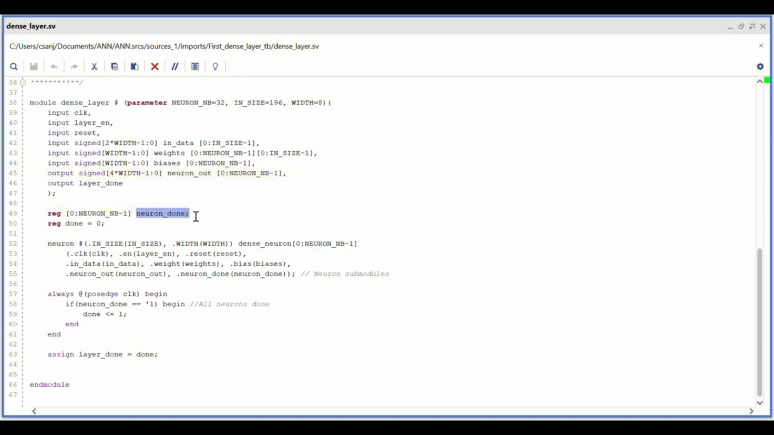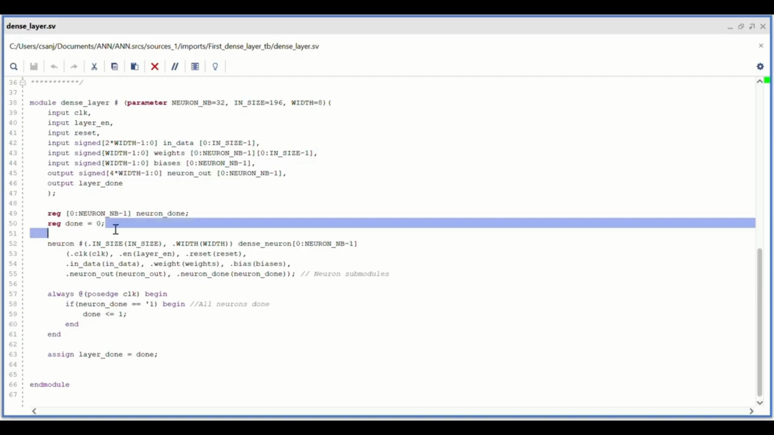Okay. Neuron done is a reg that is declared, and this is a reg done which is initialized to be 0. So this value will change once the computation of all the neurons in the first layer is completed. Once the weighted sum of all the neurons in the first layer is computed and completed, your neuron module will send a signal of done equal to 1, and that's how I know that the first layer